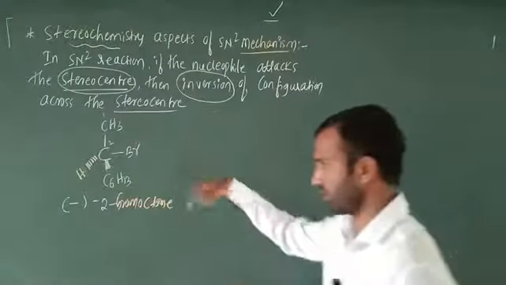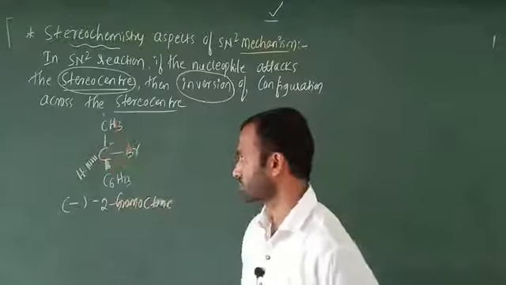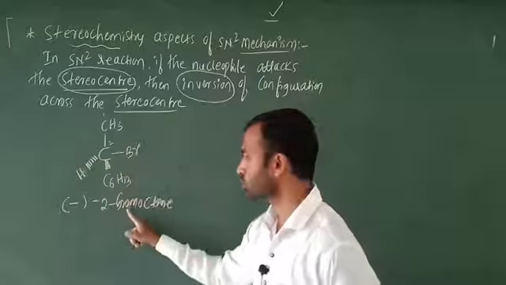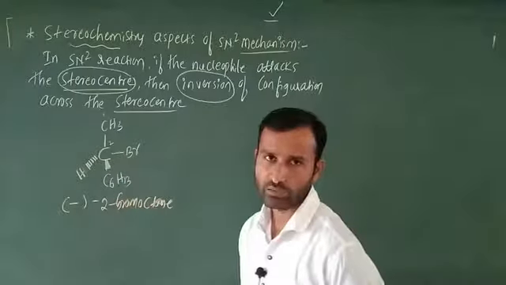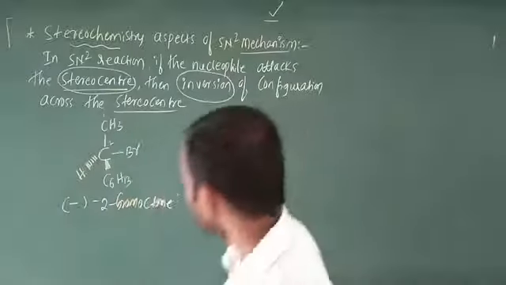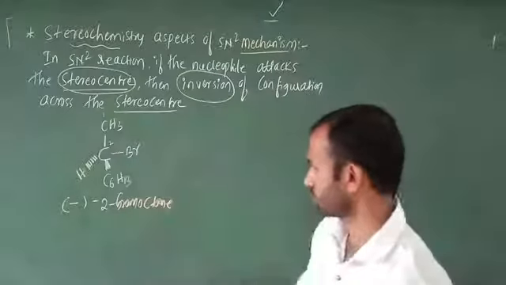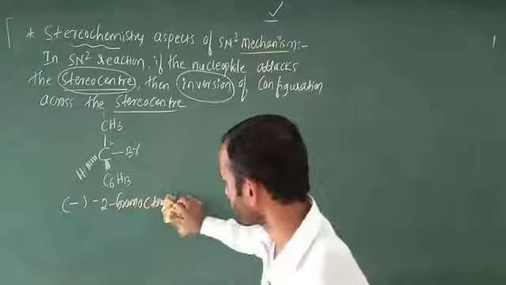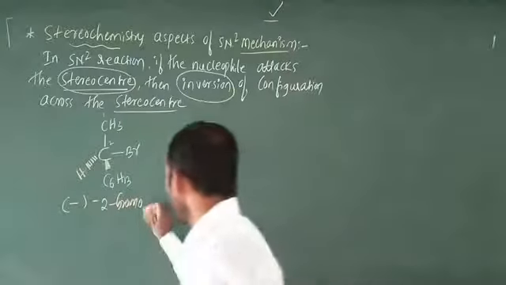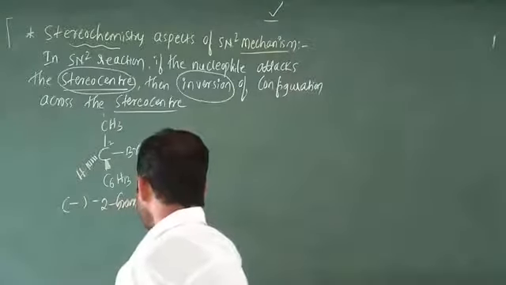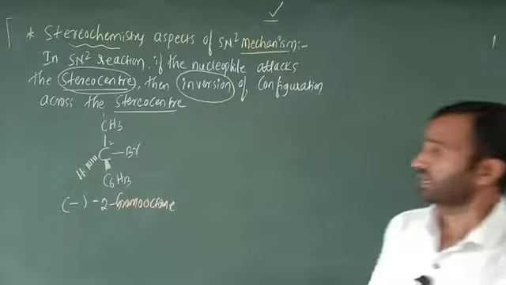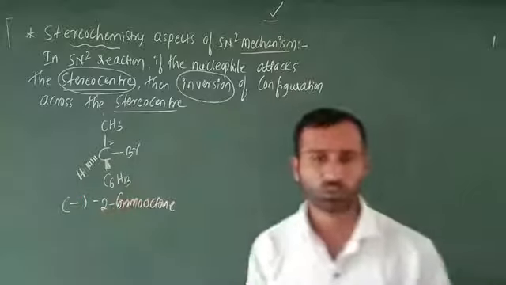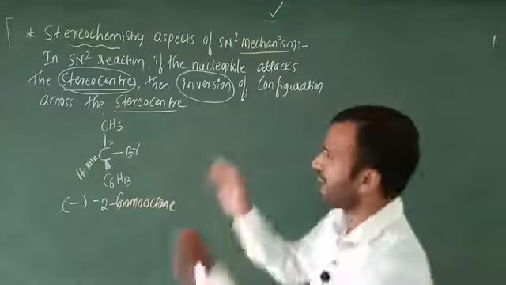Totally 8 carbons are there: 6, 7, 8 carbons. This second position is having a Br group, that is why it is called 2-bromo-octane in the IUPAC nomenclature. Okay, just here this is 2-bromo-octane. Next, this 2-bromo-octane can react with aqueous NaOH, which is the same as SN2 only,